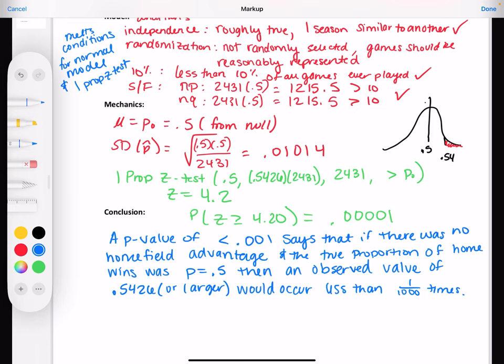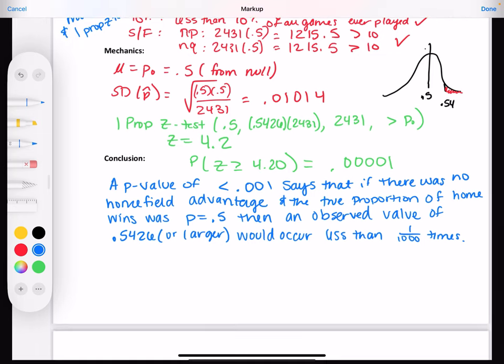So then the key part here that we really care about, so I'm going to put it in a different color. A p-value that small would cause me to reject the null hypothesis